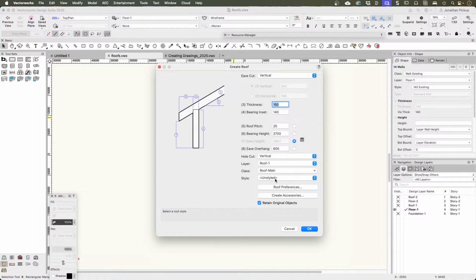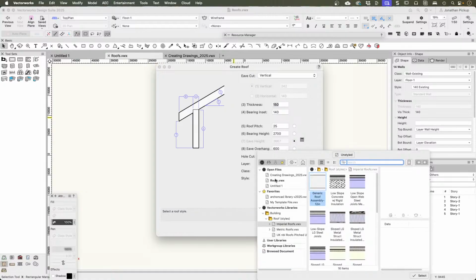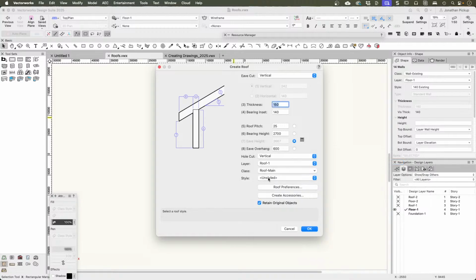And I could use styles. I'm not going to cover styles today, but a styled roof allows you to create a complex roof. And we're going to stick it on the roof class. We've got